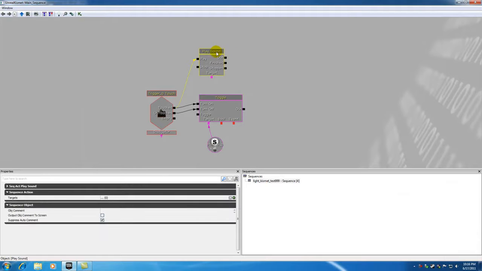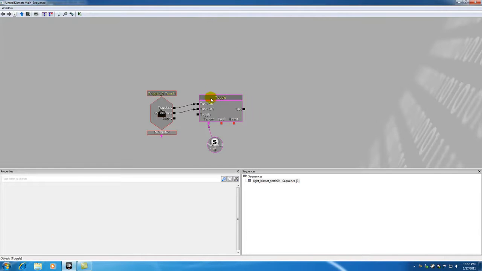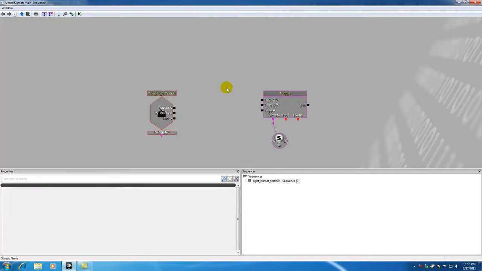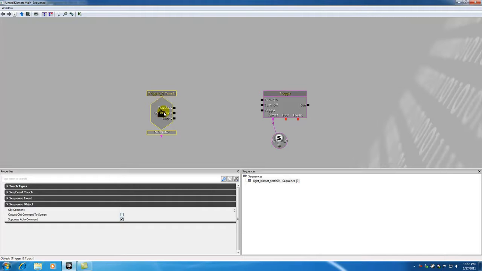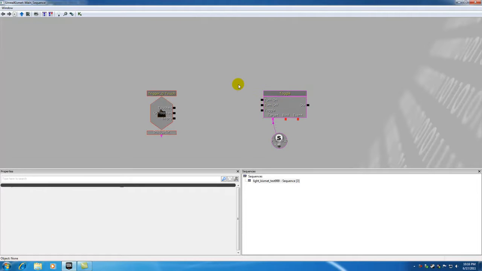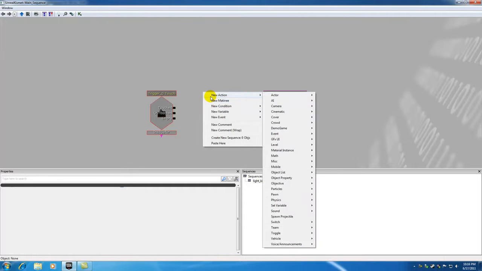So first of all, let me clean this up by deleting the sound, and might as well just go ahead and delete these by holding Alt and clicking. And now if I hold Control and Alt and then Control to move that around, so now what we have is a trigger, that light switch, and the lights that can turn on whenever I hit this and off whenever I hit this. So the very first action I'm going to be adding is something called a delay. Now use this a ton whenever you're making games. So in order to use this, just go ahead and right click, new action, and it's actually under miscellaneous,